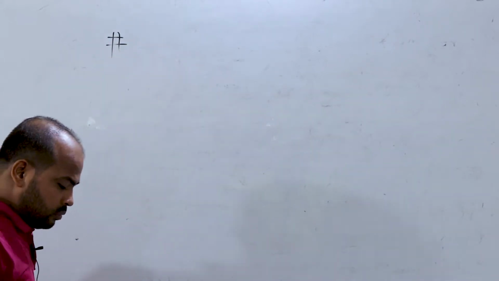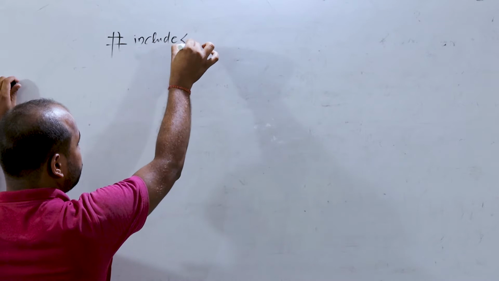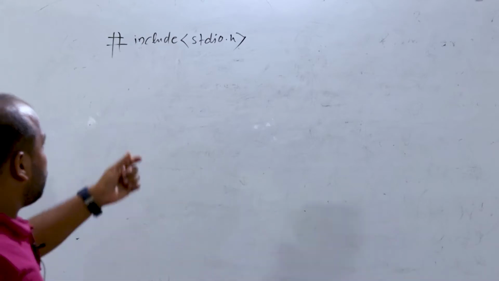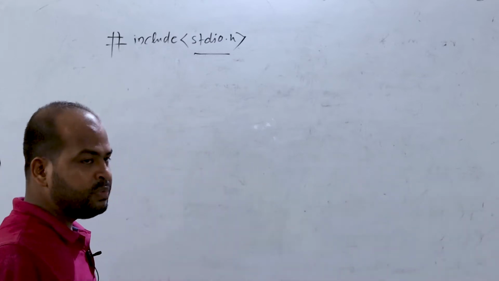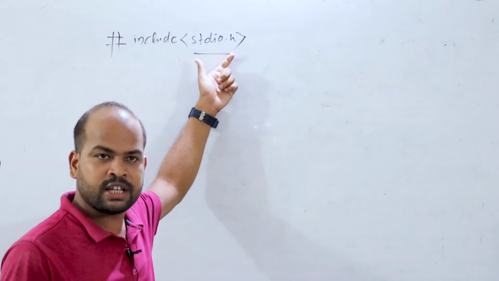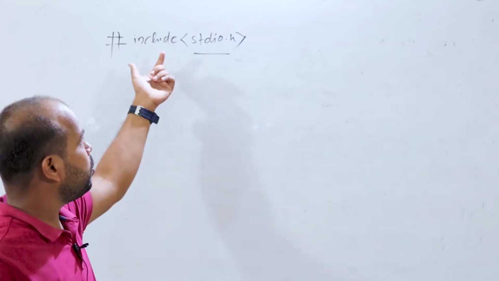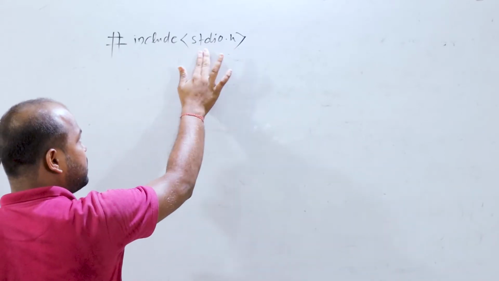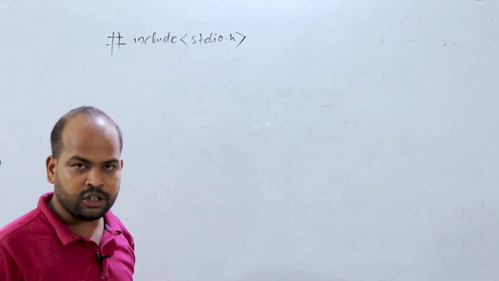Okay, so first you will write #include stdio.h. Okay, so #include means to activate or load the header file. There are different functions present in the stdio.h header file. If we want to use those functions, then you have to load or activate the header file. So stdio.h means standard input output.h. That is the extension of the file, .h.